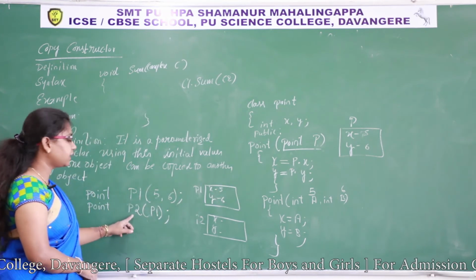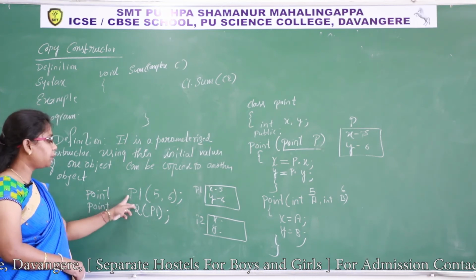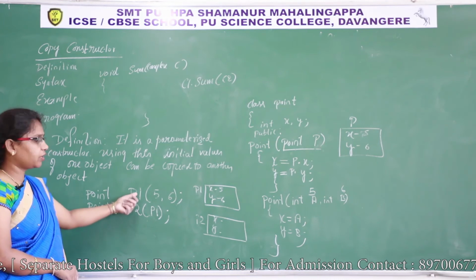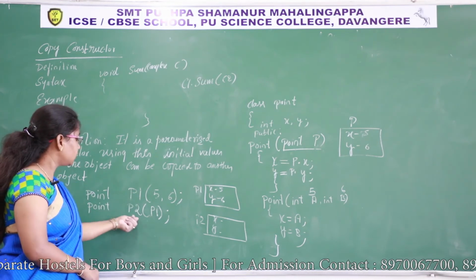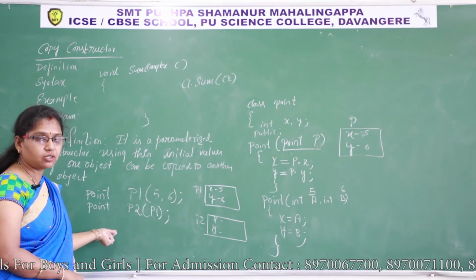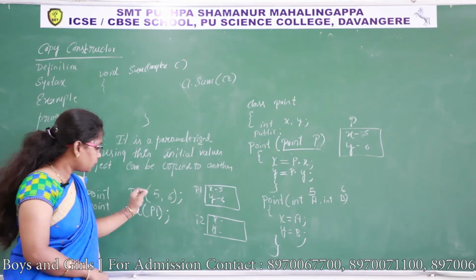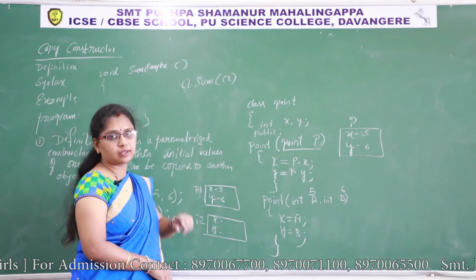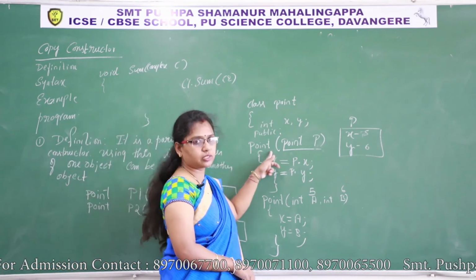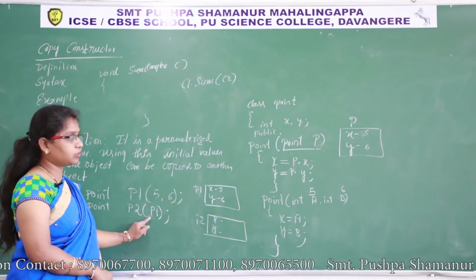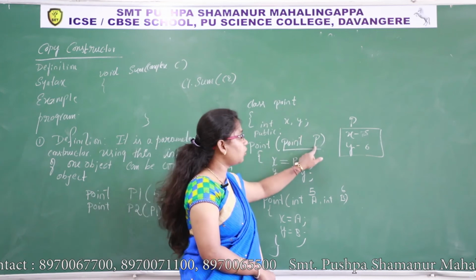And I created another object, and to that object I passed the existing object p1, an already existing object. So this is the invocation of a copy constructor. When you write this statement, the program has to invoke a copy constructor which has already been defined in the class. So this is the copy constructor. What type of argument are you passing? p1 type. So p1 values are copied to p.